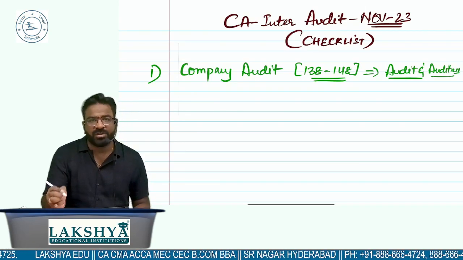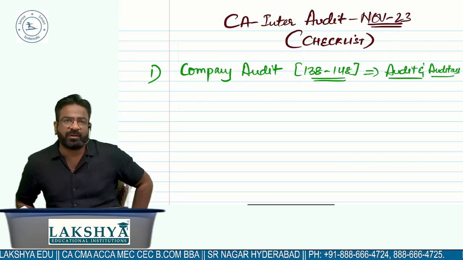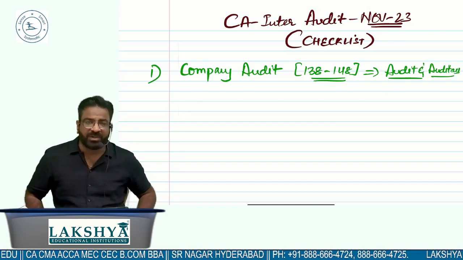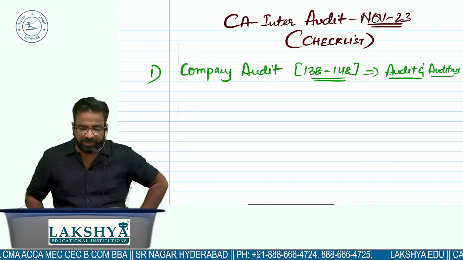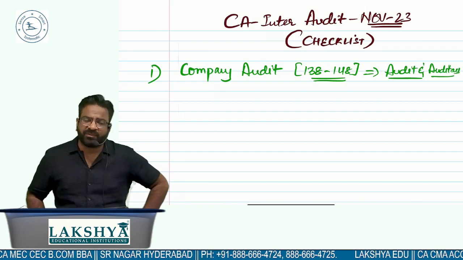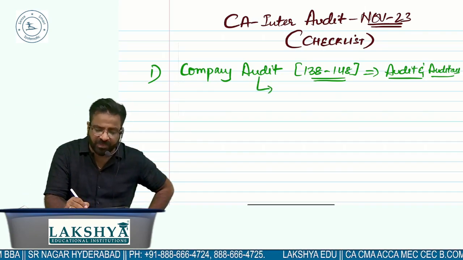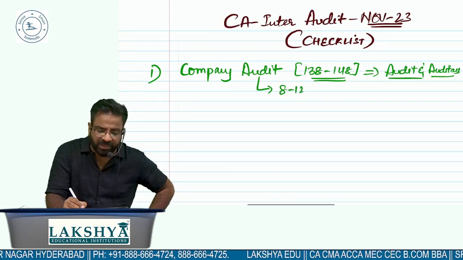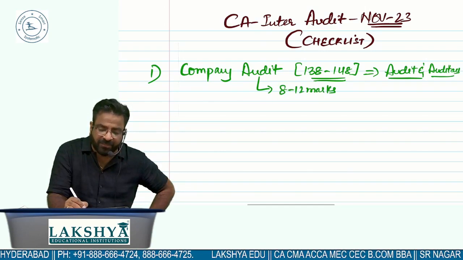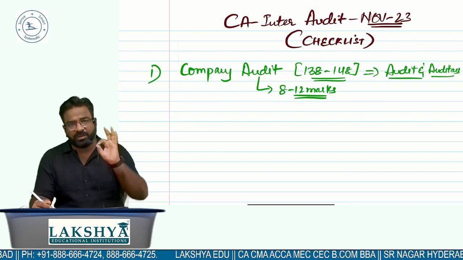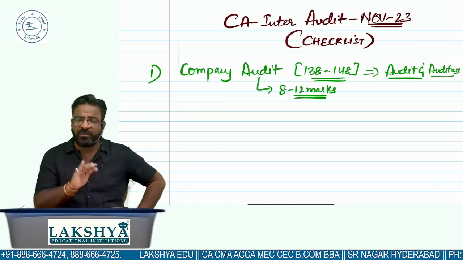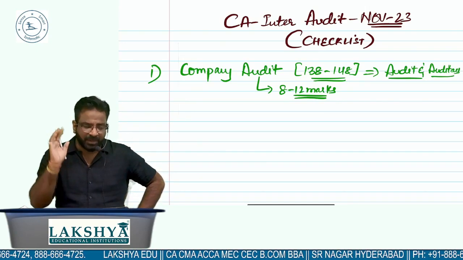And I also definitely covered it while doing the auditing. If I remember, we did it as the very first chapter, company audit. Company audit definitely is one of the favorite areas of ICAI, so they are definitely going to ask you minimum 8 to 12 marks from this area, including MCQs, right? So the first chapter you all have to prepare is company audit without any fail. Start with that only, right?